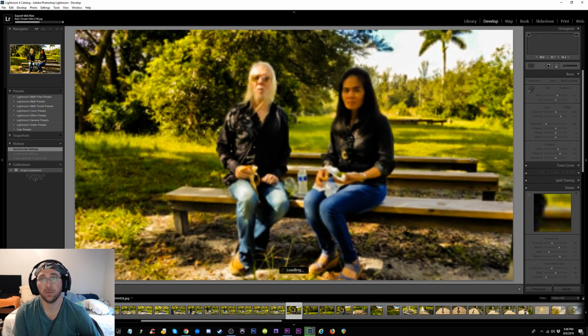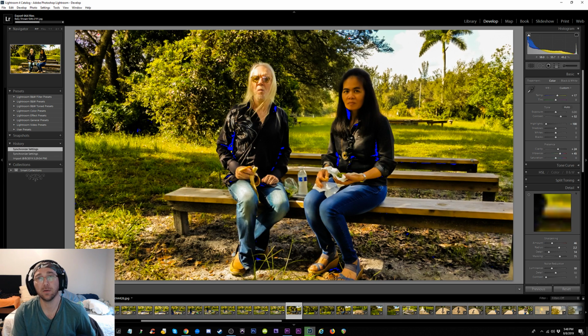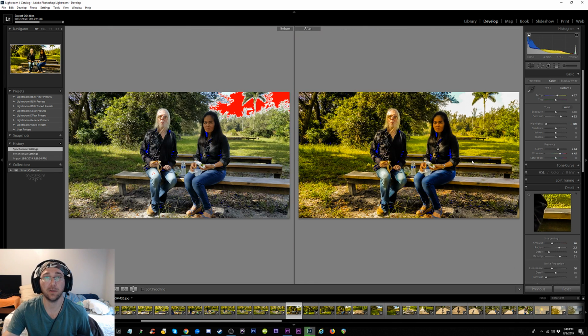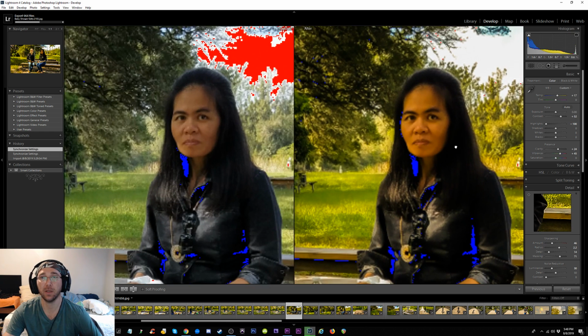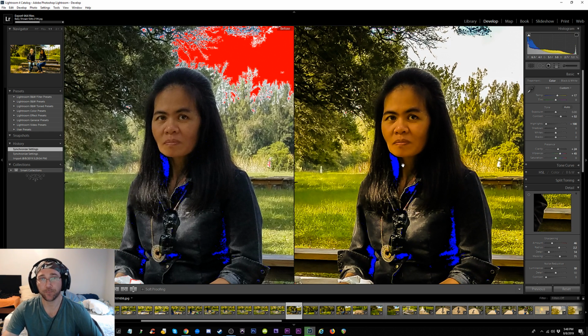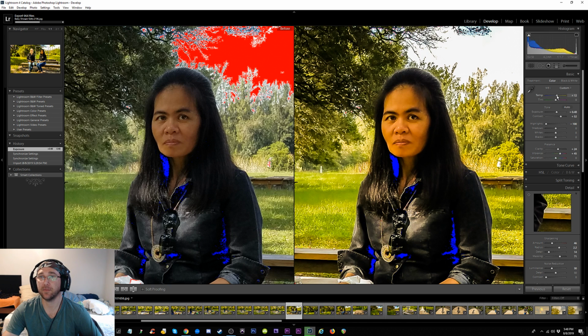Oh, here we go. We got one of the two of them sitting there. If we go to the original on the left, skin tones are definitely different. He's chewing a banana, so we're probably not going to use this photo anyway. But just for sake of learning, what I have here is maybe if I expose her a little more and then take down some of the yellowish to put her skin tone back to normal, and